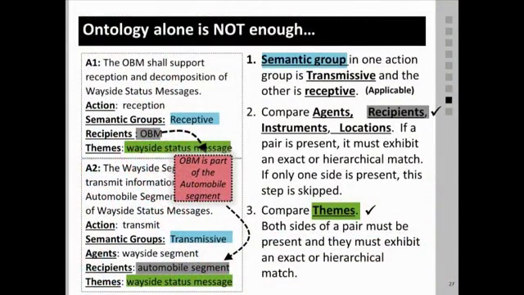Okay, and ontology alone isn't enough. This is my last slide after this one, I think. Ontology alone isn't enough. I already showed you this slide. And this is just to say that reasoning over the ontology, for example here, OBM is part of the automobile segment, is part of it. And we have shown that we can improve the tracing results simply by using ontology. But we really need these heuristics.